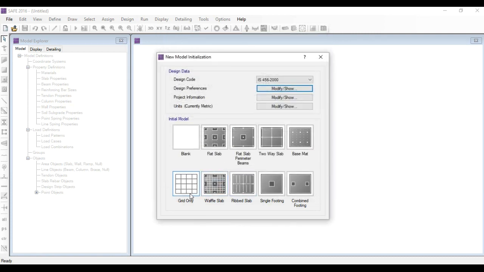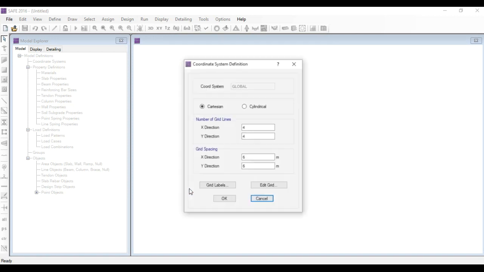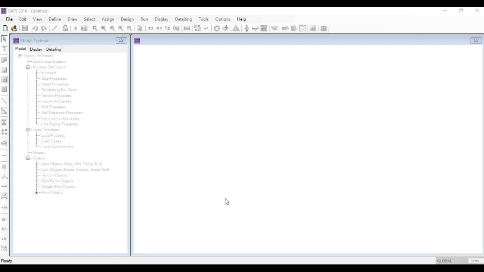We'll click OK and click on the grid lines. Since the width of the mat foundation is 22 meter, we'll give the grid lines as 23 numbers in X direction and 23 numbers in Y direction. We'll keep the spacing between the grids as 1 meter in X and Y directions, and click OK.